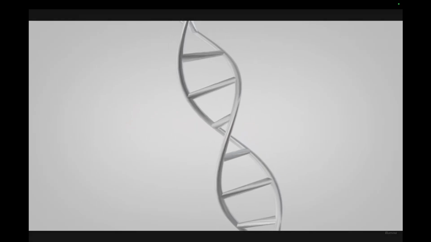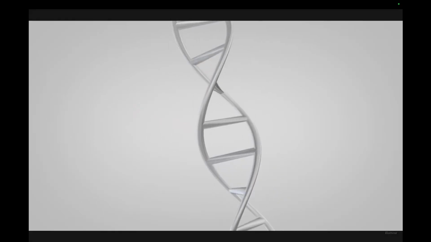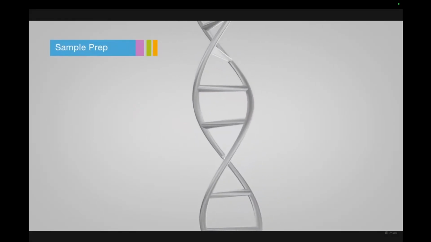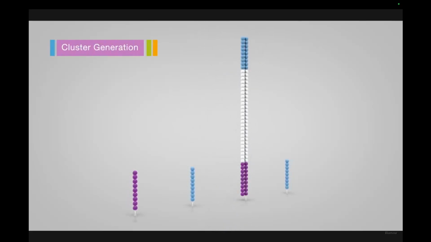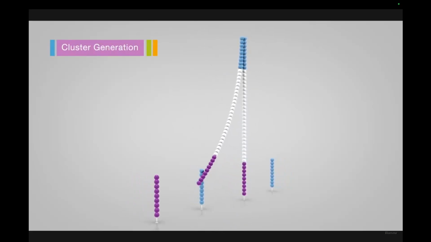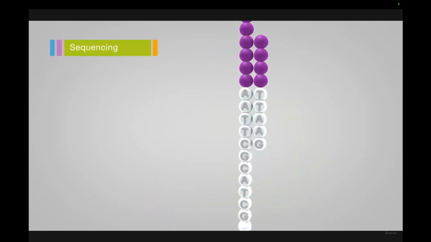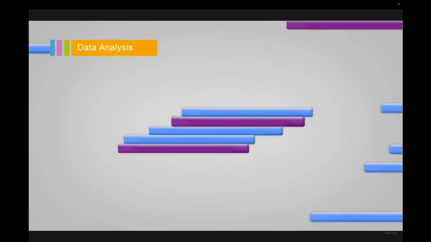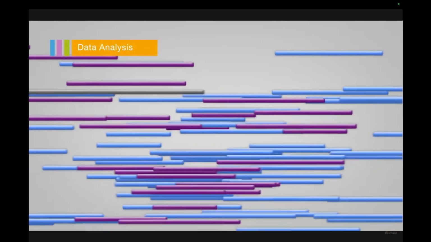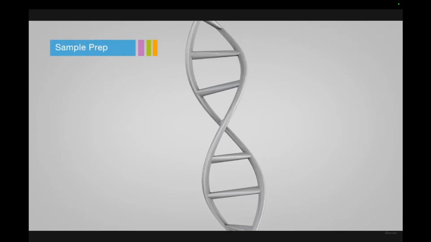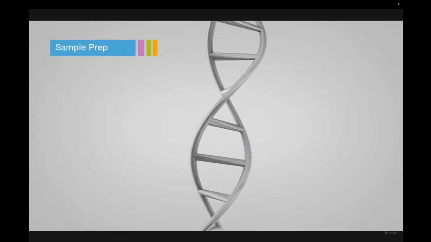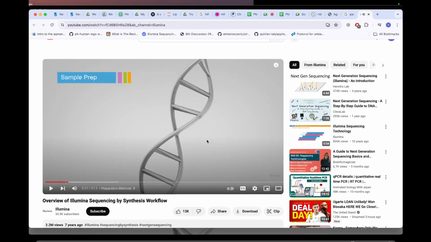The Illumina sequencing workflow is composed of 4 basic steps: sample prep, cluster generation, sequencing, and data analysis. There are a number of different